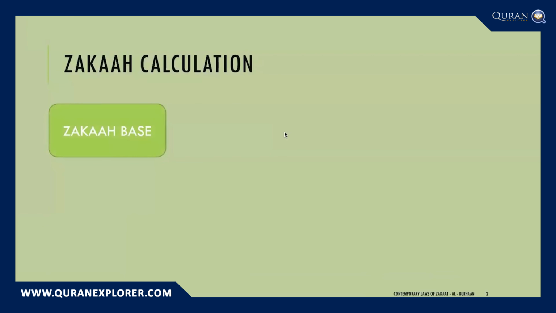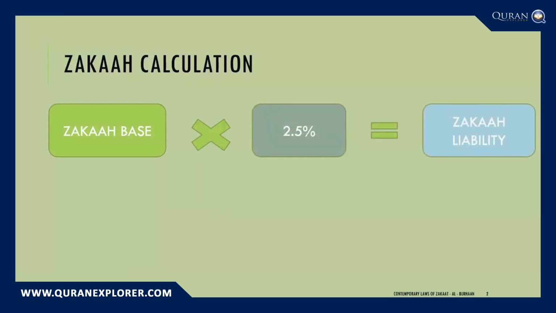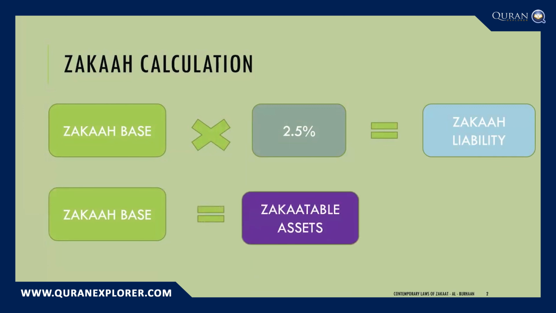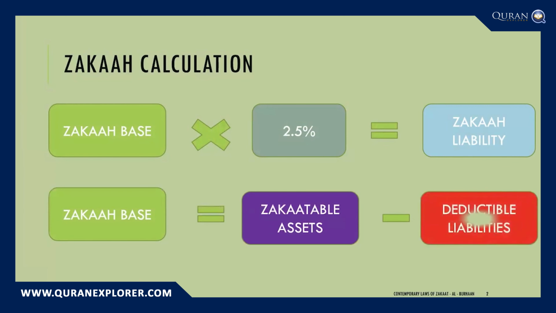Just a refresher, how do we calculate our Zakat? The Zakat is calculated by multiplying one's Zakat base by 2.5%, and that gives us the actual Zakat liability, the amount that needs to be discharged to the poor. How do we calculate the Zakat base? This is equal to one's zakatable assets less any deductible liabilities from the side of the Sharia. Once we do that, we have the Zakat base, and that is the amount on which we calculate the 2.5%